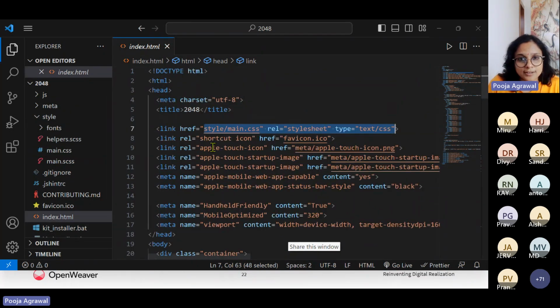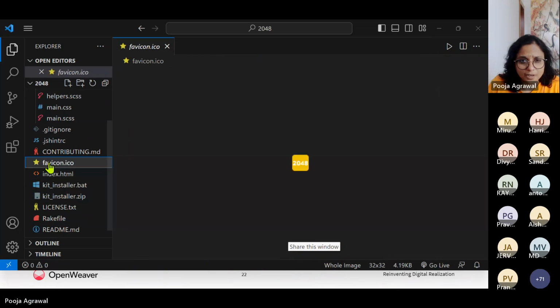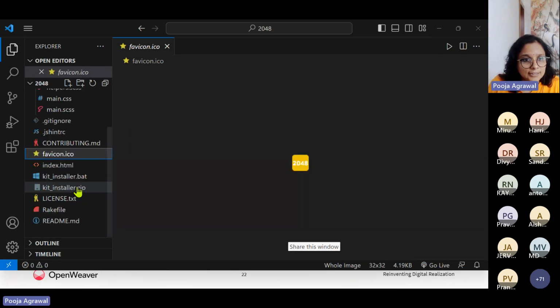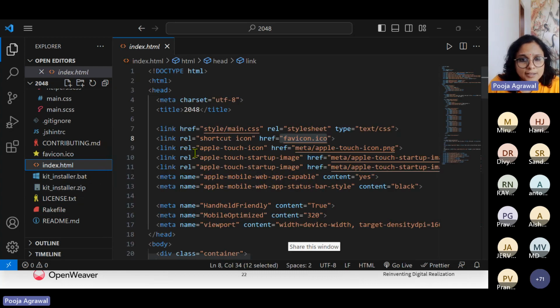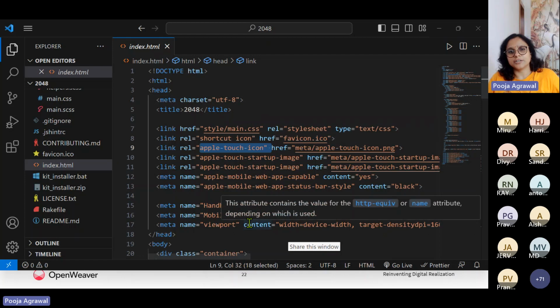Then you see that there are a lot of these icon references that are mentioned. So this is your favicon.ico for this icon. And similarly, for Apple, they have your touch icon, their startup image.